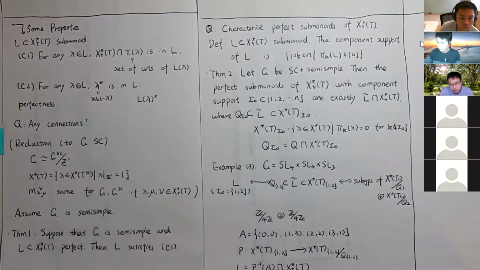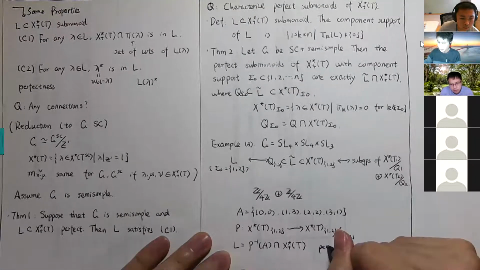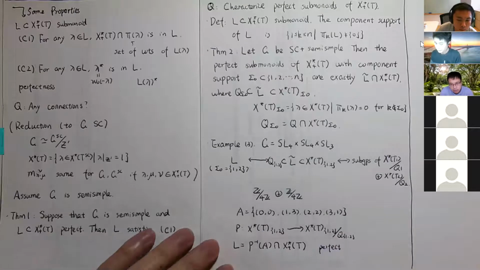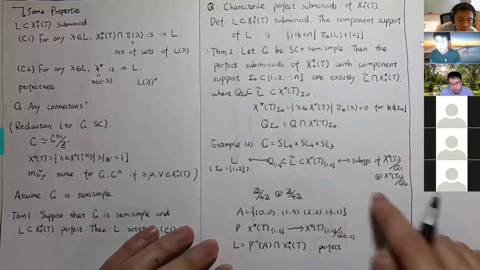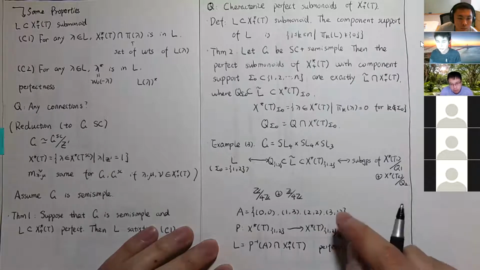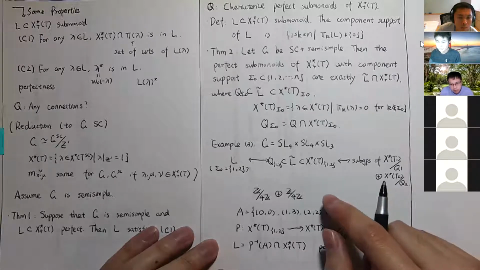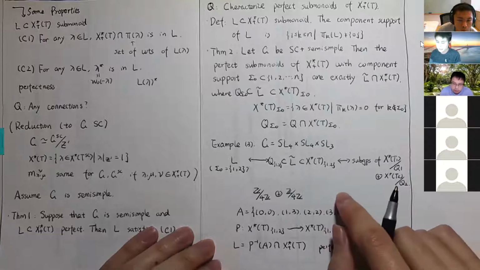So this is perfect. Namely, it contains those dominant weights whose corresponding central characters, like central